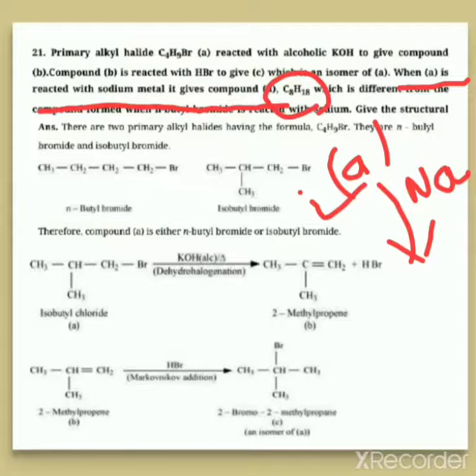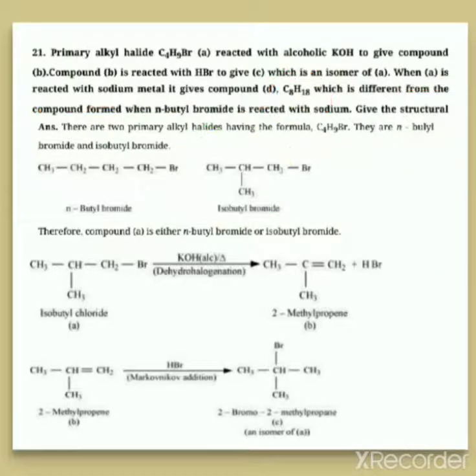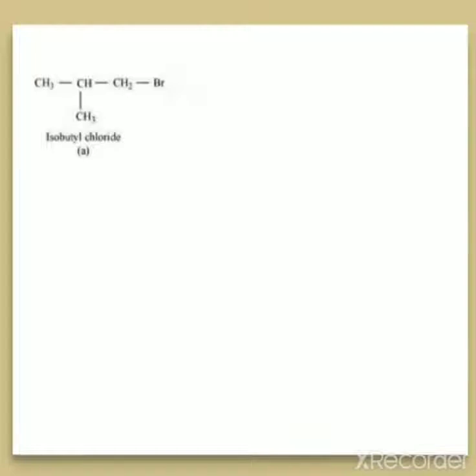How will we do the Wurtz reaction for this one? I told you, doubling of alkyl group. This is the alkyl group. Just double it. When you double it, I told you to write this in the reverse order. So this part, when you write it in the reverse order and double it, you will get the product. We are doing the product for this one by using the Wurtz reaction.